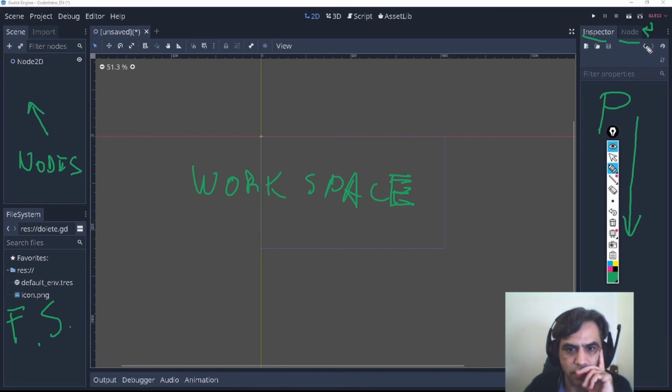Basically, Godot is organized by scenes, so you create scenes. A scene can be a level, and can also be an object. You can, for instance, work on your character, your hero or an enemy, and then save that as a scene, and then use the scene of the enemy inside of the scene of your world or your level, something like that.